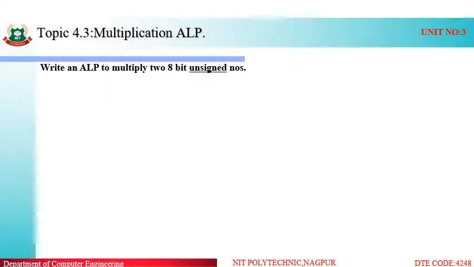So now we will see how to write an assembly language program to multiply two 8-bit unsigned numbers. Unsigned numbers means positive numbers. So in this case, according to the program structure, first we will have to write the data segment and then we will write the code segment. Data segment will contain data of the program. Now what will be the data required? We will require two numbers, x and y. Suppose we take the variable as x and y, and for storing the result we will require the third variable, that is z. So z equals x into y.